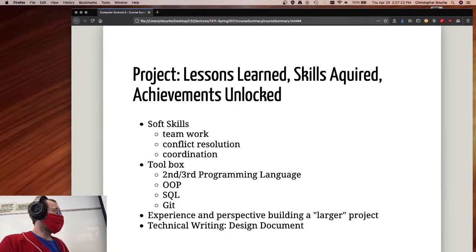From a technical standpoint, you've hopefully increased your toolbox: a second or third, or in the case of SQL, maybe a fourth programming language, and you've got some exposure to object-oriented programming, SQL, database design, and hopefully more Git. Git is now standard. You should be using it on a regular basis, even for toy projects.